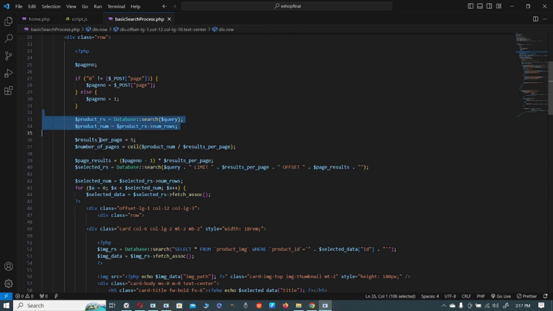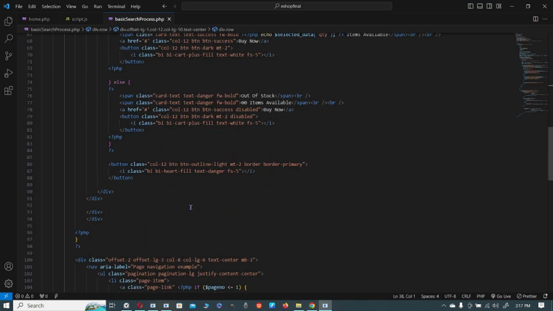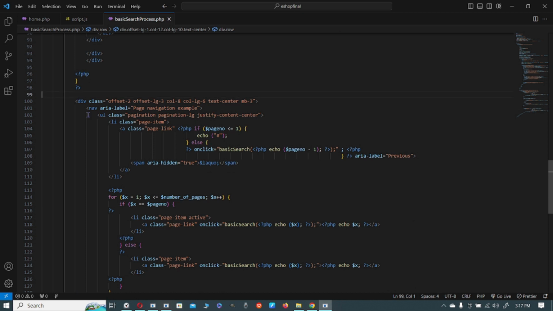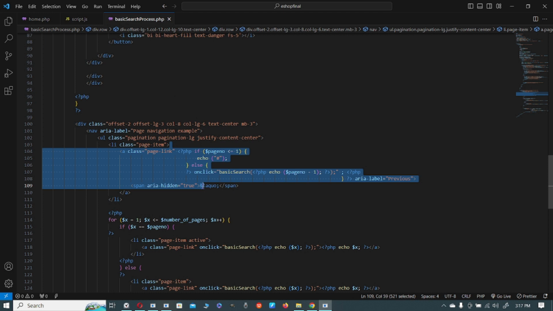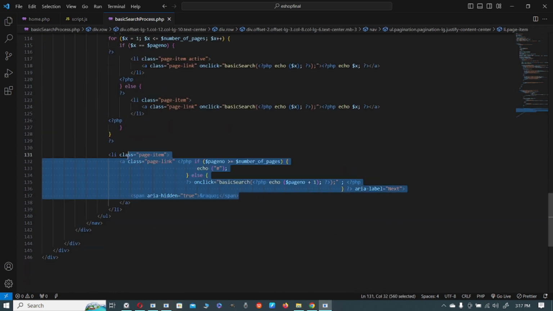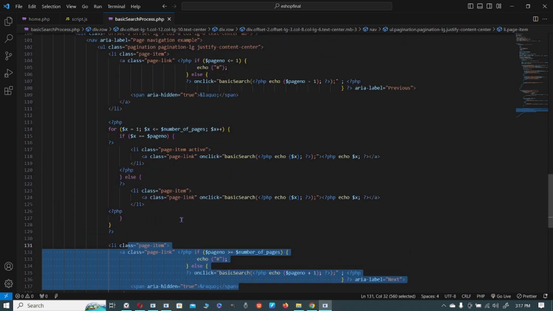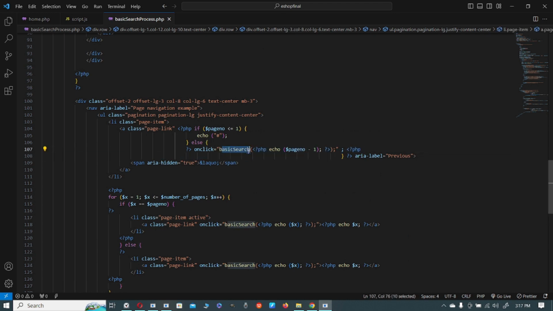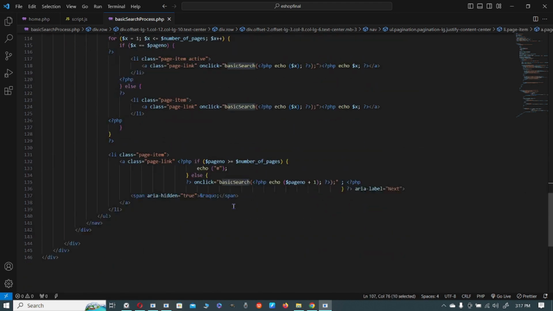And if we go further, which is the initial pagination part where we determine our products in one page. So moving on, our pagination process continues, and this is the place where it determines the previous process, and here is the next process, same as I have explained in the previous video. However, we have changed the function. This time basic search is the function,